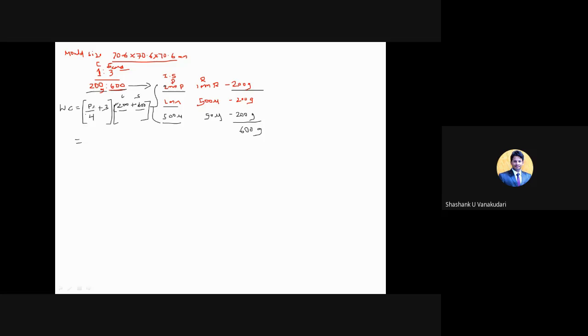Right? So P by 4, this percentage won't come here, actually it applies throughout this part. P by 4 plus 3, that is 32 divided by 4 plus 3, in terms of percentage, divided by 100, into 800 grams, the total quantity of cement as well as sand. So you will get around 88 ml of water. How much? 88 ml.